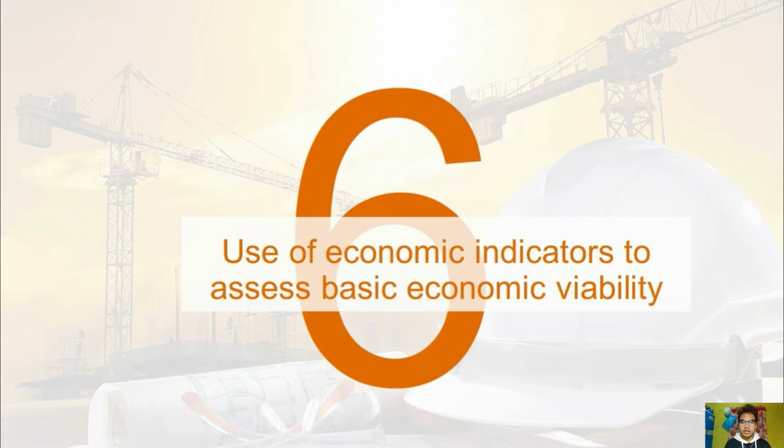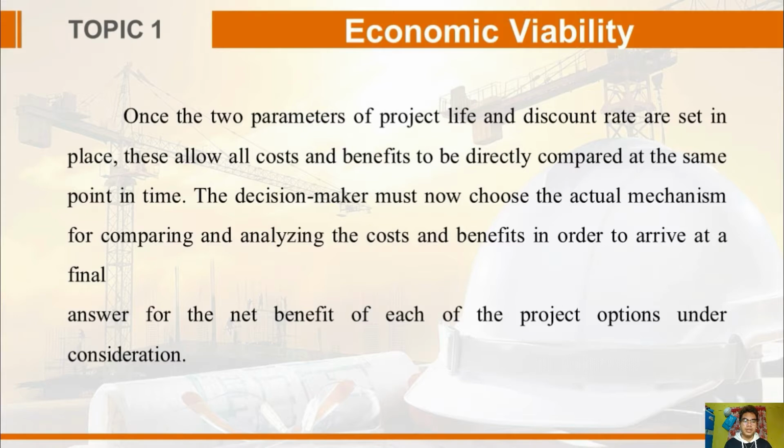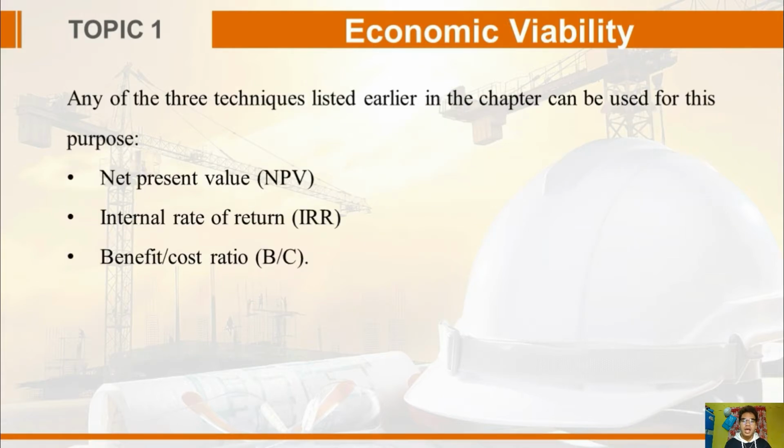Use of economic indicators to assess basic economic viability. Once the two parameters of project life and discount rate are set into place, this allows all costs and benefits to be directly compared at the same point in time. The decision maker must now choose the actual mechanism for comparing and analyzing the costs and benefits in order to arrive at the final answer for the net benefit of each of the project options under consideration. Any of the three techniques listed earlier in this chapter can be used for this purpose. First is the NPV or net present value, IRR or internal rate of return, or B/C or benefit